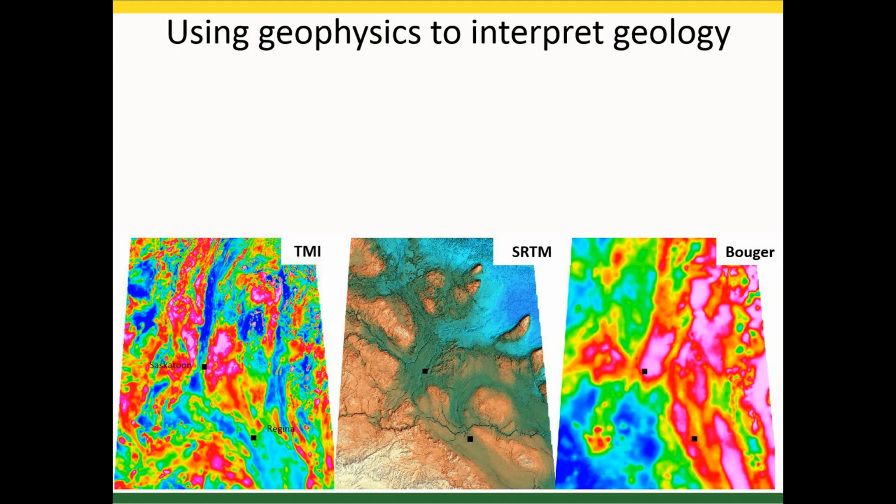Okay, so let's start integrating a bunch of data sets here. So now I'm showing you TMI topography here and Bouguer gravity for the southern part of Saskatchewan. So just for reference, La Ronge is up here, Lac La Ronge there, Saskatoon and Regina, and it turns out we're all in the same geophysical feature, all these communities. I don't know how that worked out, but it seems to be true. So we've got this big mag low in places, on the edge of what's known as the Sask Craton here. There's another one actually on the other side of it. And you can see there's a feature in the gravity that mimics that